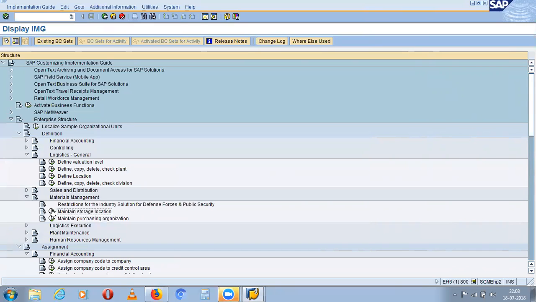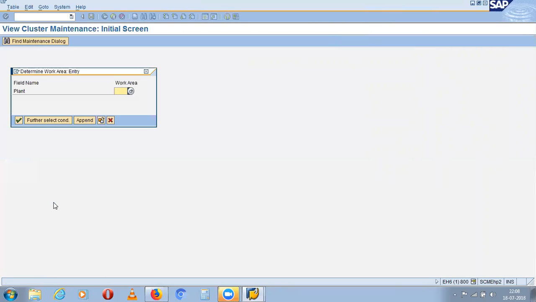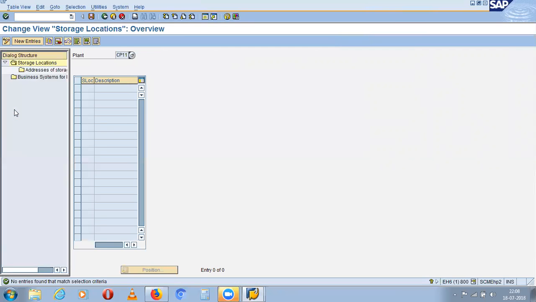Here you need to specify the plant name under which you need to create the storage location. CP11. Now click on new entry.